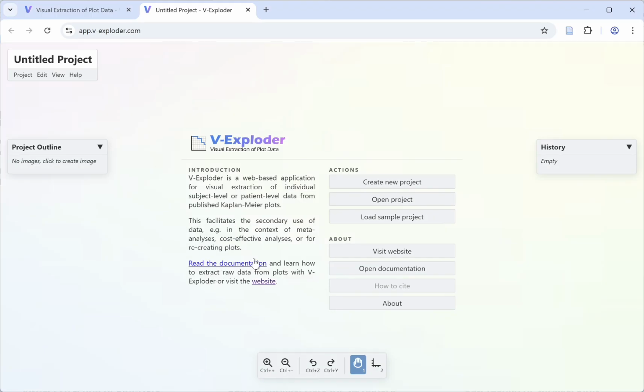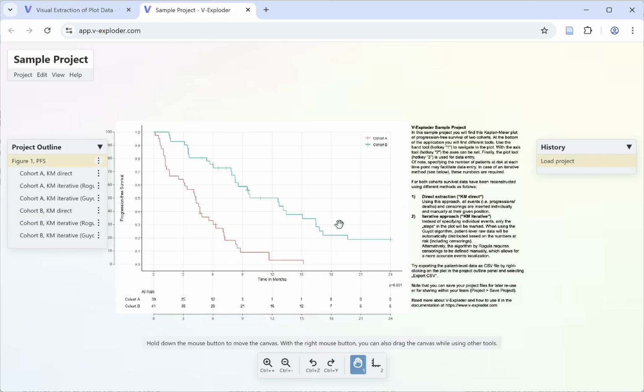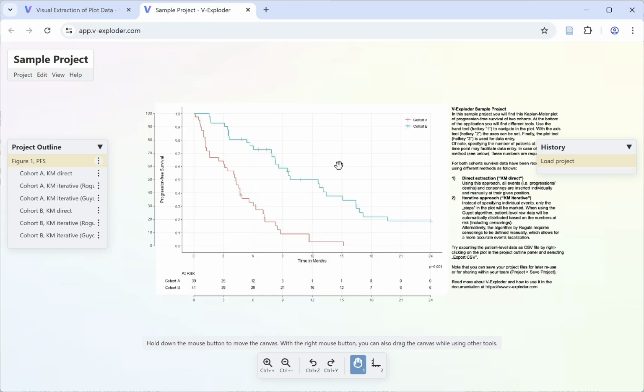After having launched the app, you find a set of options here in the middle of the page. You can either create a new project or open a pre-existing project from disk, or you can load the sample project provided by vExploder. If you're not familiar with the process, I can recommend to have a look at the sample project. It has two